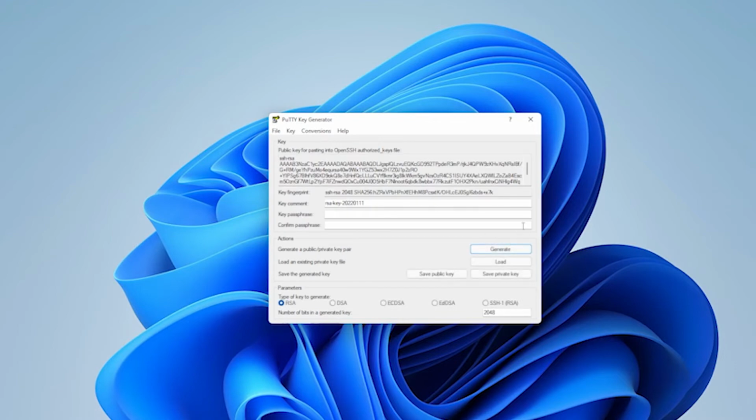There we go. So now it's generated this, and what you want to do next is create a passphrase. So you go ahead and type it in here. Alphanumeric is definitely recommended if you're doing this. And I'm going to just type it in again. So we're going to be leaving the parameter of RSA selected, and we're going to be saving the public key